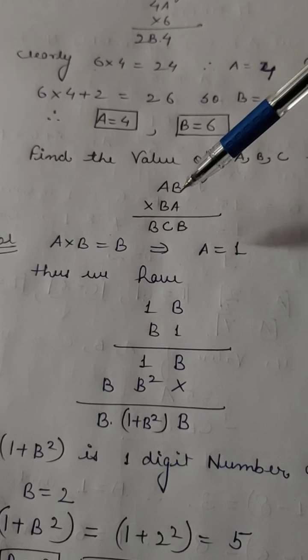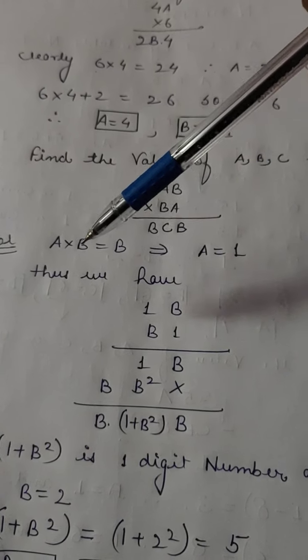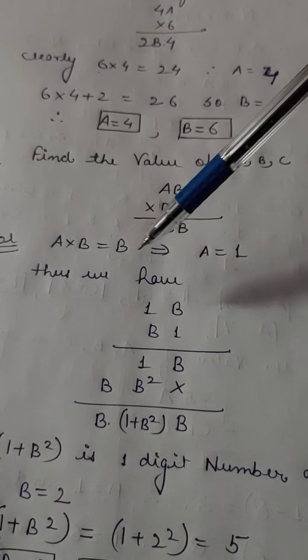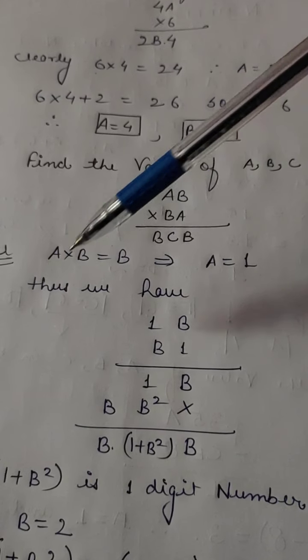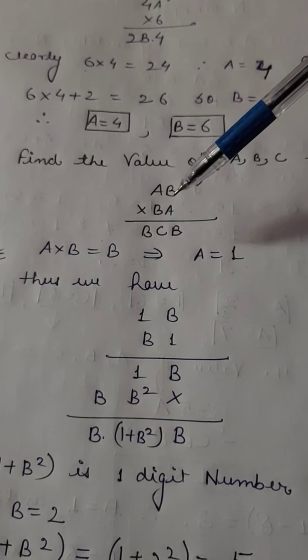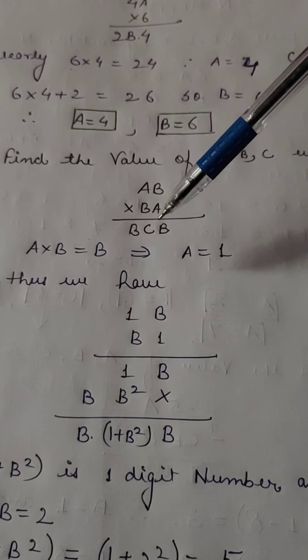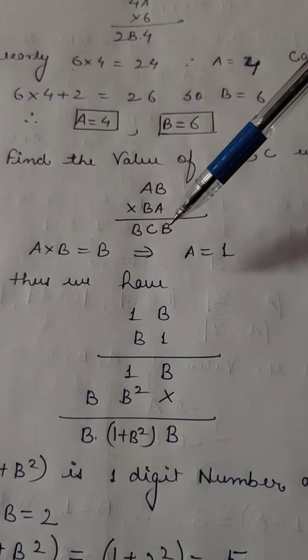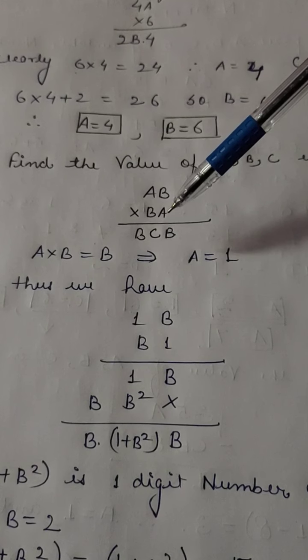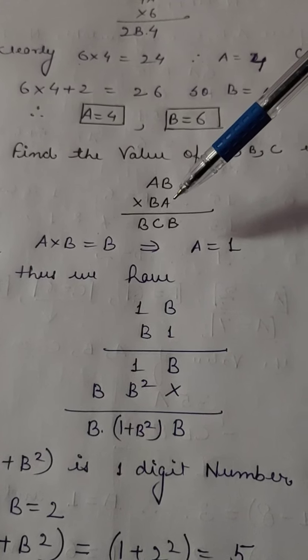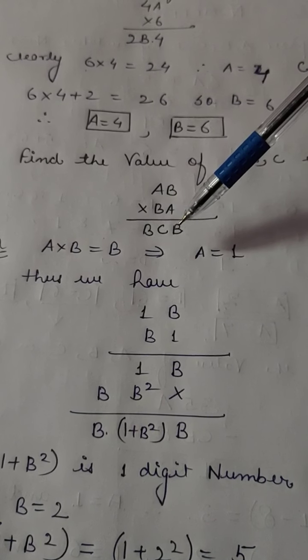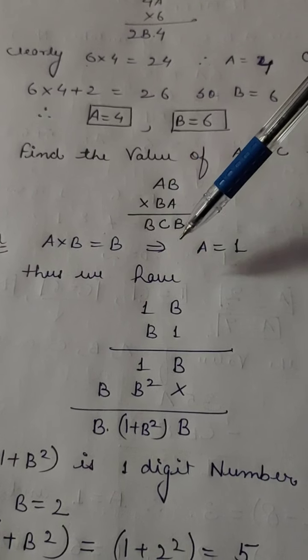A is multiplied by B, the result is coming B. तो यहाँ पे ये देखना है कि जो B की वैल्यू है वही आंसर में आ रही है. तो B एक ऐसी कौन सी वैल्यू होगी ताकि B ही आए आंसर में. A should have value 1. 1 when multiplied by B, then it will give number itself.